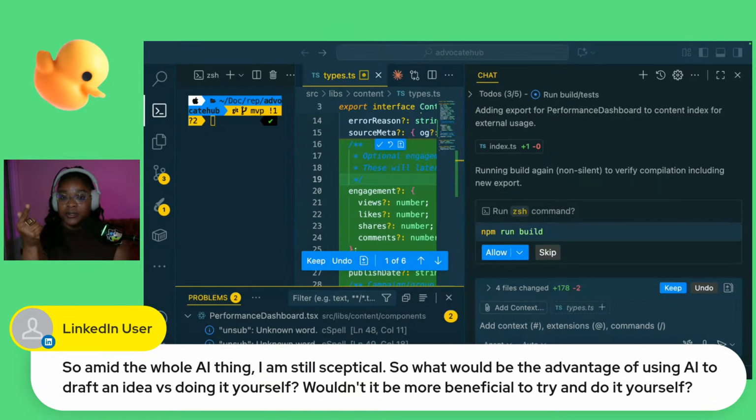So you have to set up calls with people, read a lot of books or read research papers to see if this is something that people would actually pay for. But these days you can use AI to do research for you about your idea. So there's no problem with using your own brain to document and detail out your idea.